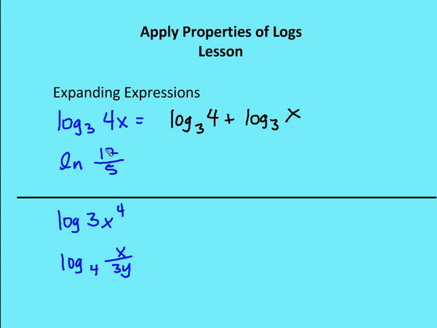I have natural log of 12 over 5. That's the same as natural log of 12 minus the natural log of 5. Expanding this expression, remember my power property. This is the same as 4 times log, it's a common log, so base of 10, so I'm not going to write it, log base 10 of 3 plus log base 10 of,